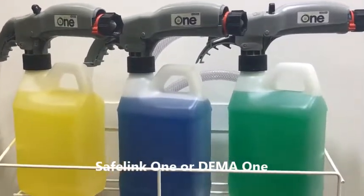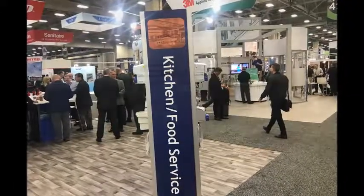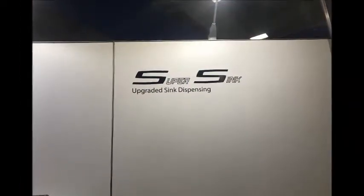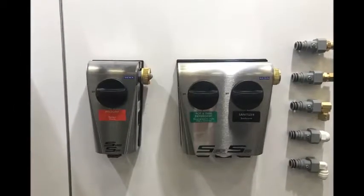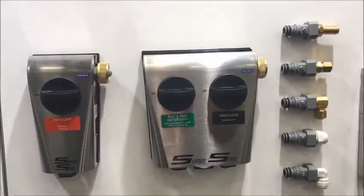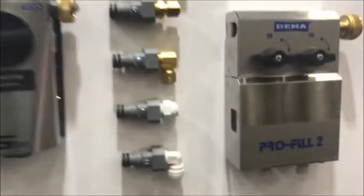In the 3-compartment sink area, the up-and-coming innovative dispenser with the same technology of Fusion is the Super Sink. It is slated for release in early 2019. The Super Sink uses the same DEMA's patent-pending dispensing technology as Fusion. It works in the fashion of a ball valve dispenser, but without the ball valve, so you have less service call issues. Super Sink is loaded with